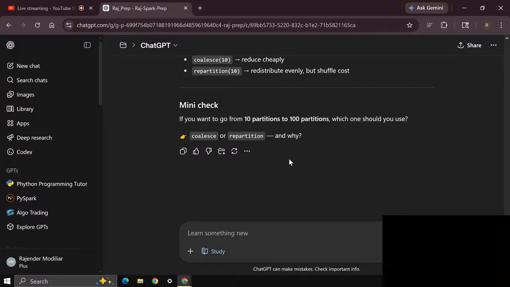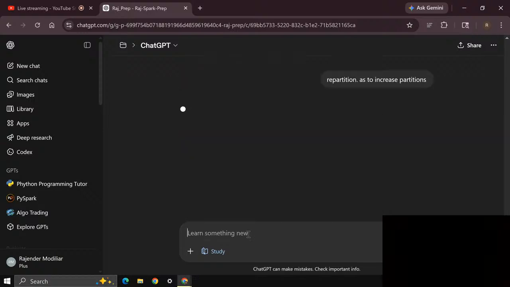If you want to go from 10 to 100 partitions, I'll do repartition, as to increase partitions. So I'm answering in a very light manner. I'm not sure whether GPT will like it, but